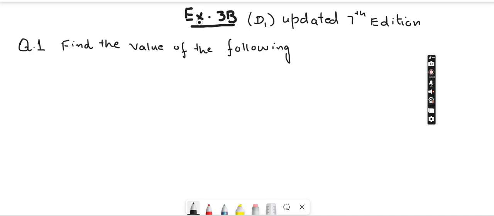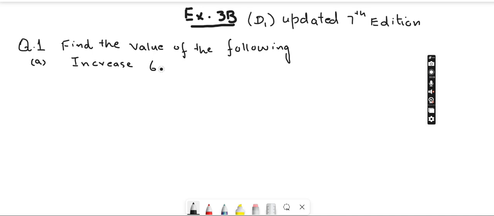This is exercise 3B and the topic is percentages, and it is from D1 updated 7th edition, and we are working with question number 1. In question number 1, the question stated is find the value of the following, and the first part of the question says increase. We have to increase